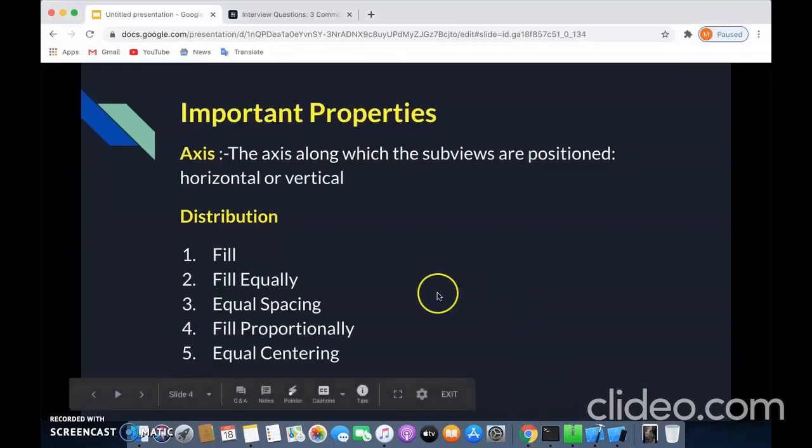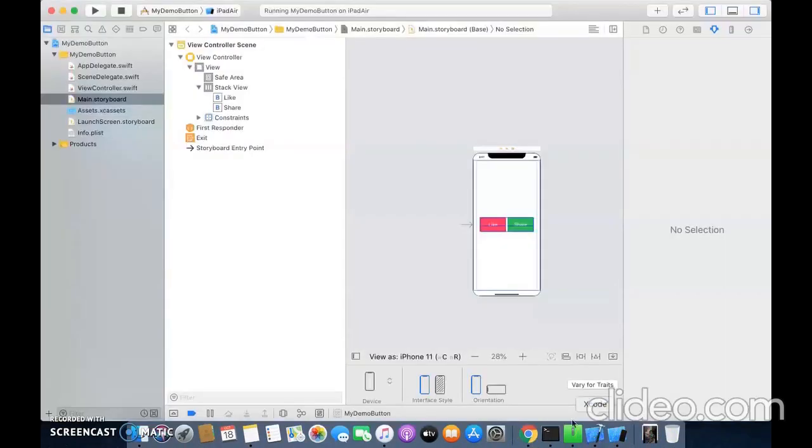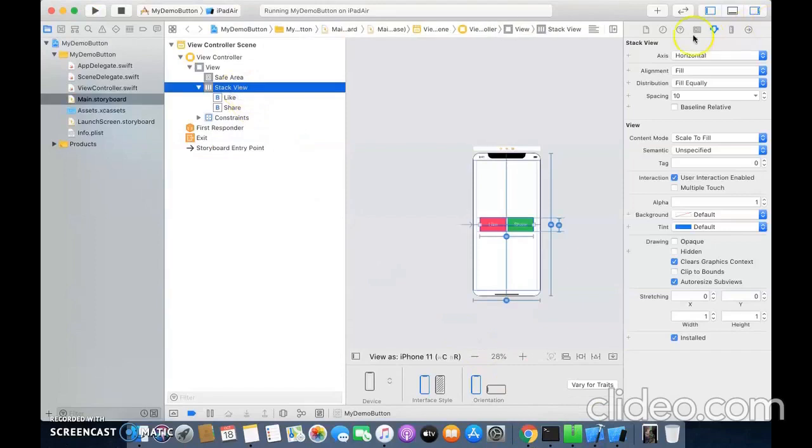Now coming to the next property, let's check this inside our attribute inspector. It is written alignment. So we can see the drop down provides us the alignment for fill, top, center and bottom. We have used fill. If we use top, you see the button is moved aside to the top. Center, the button is put in the center, and bottom, the button is kept inside the bottom.